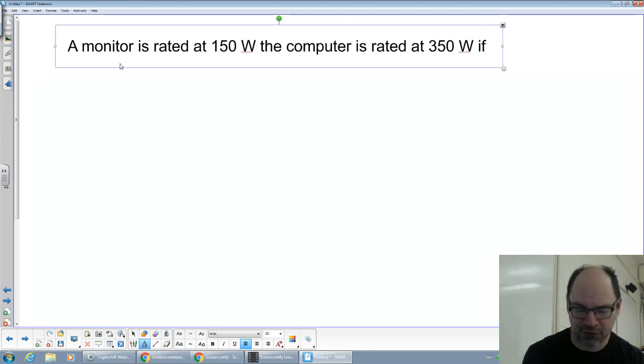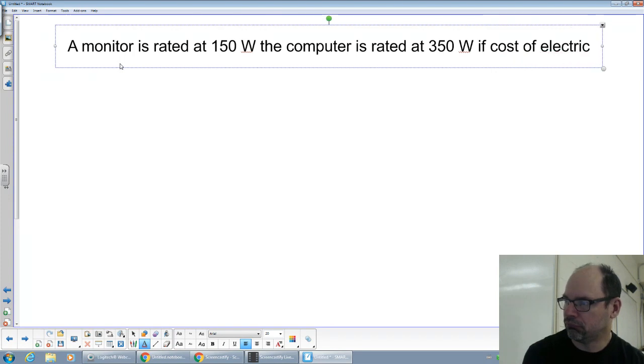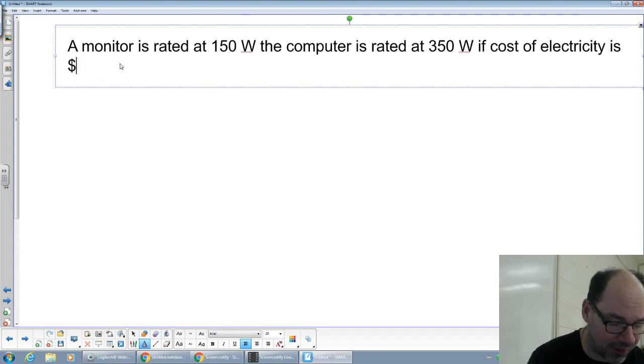If the cost of electricity is the same price that we have there, per kilowatt hour,